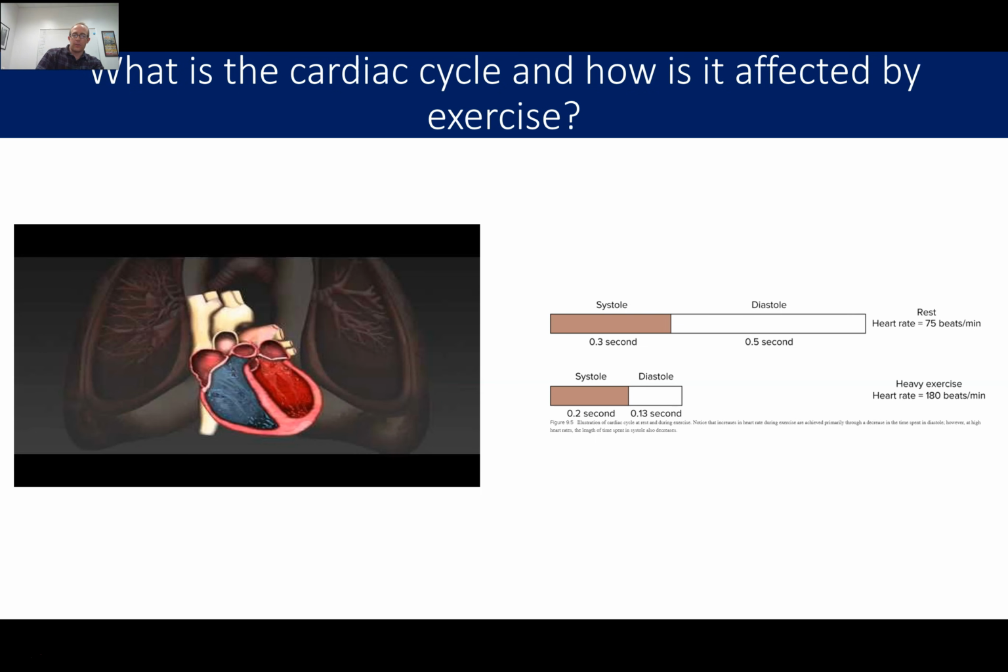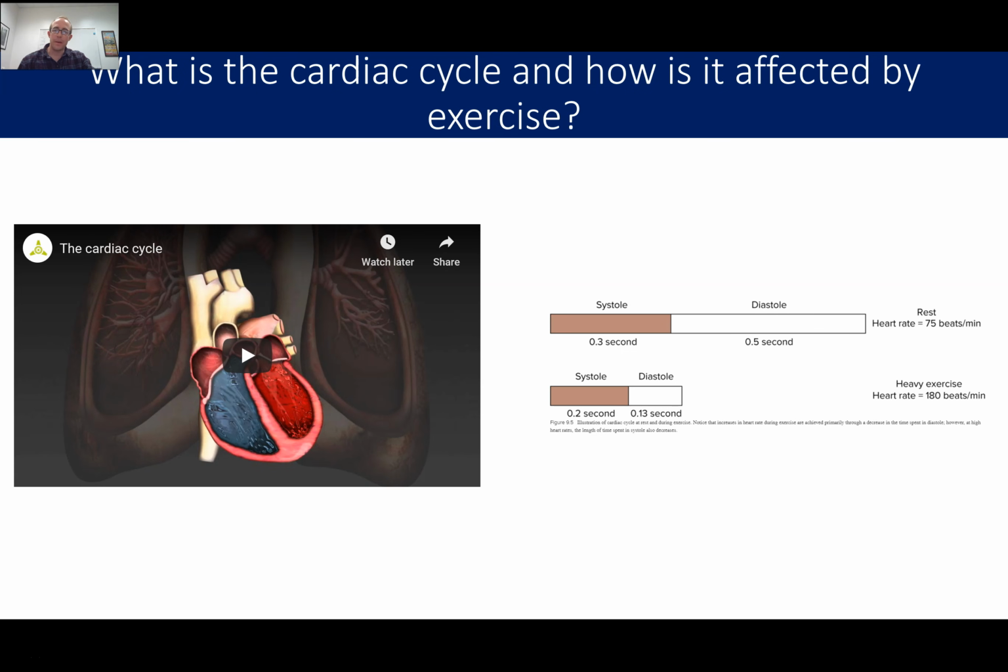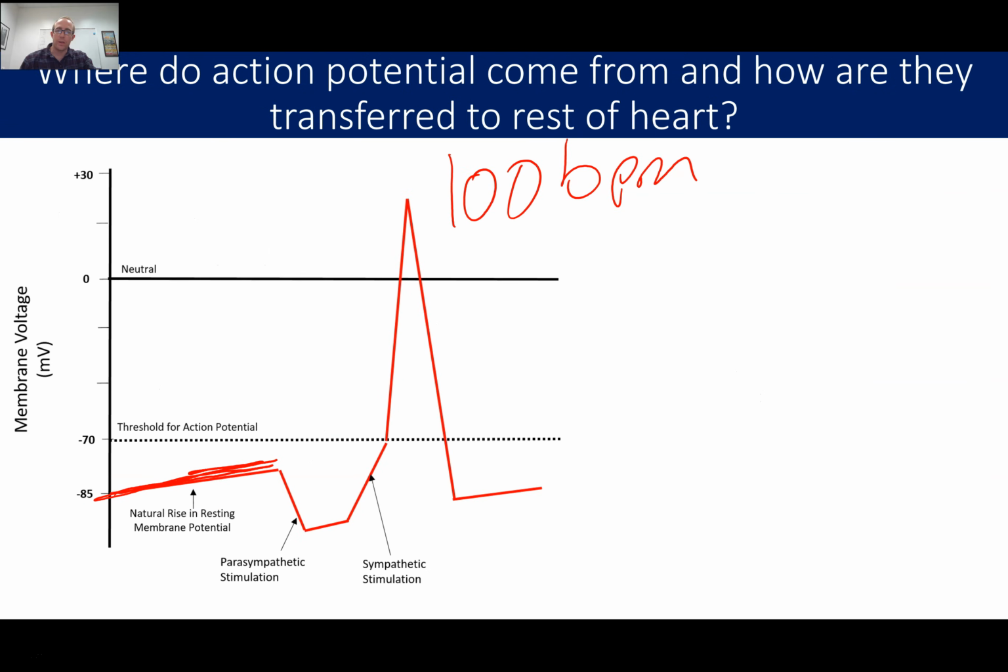Now, the cardiac cycle, how quickly you go between heartbeats, all depends on these action potentials, how quickly the action potentials are generated, right? If you have a lot of sympathetic stimulation,